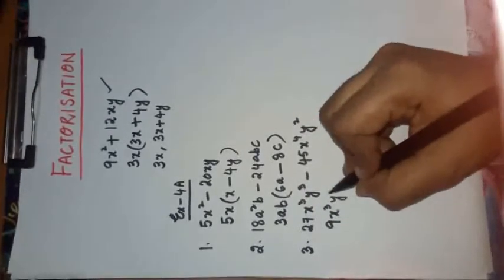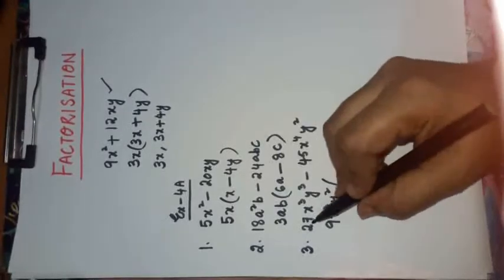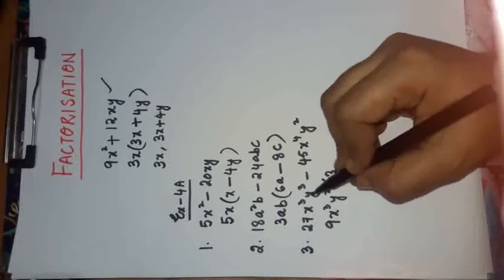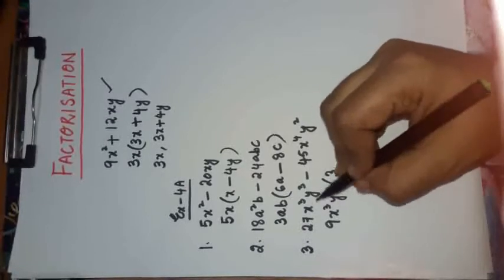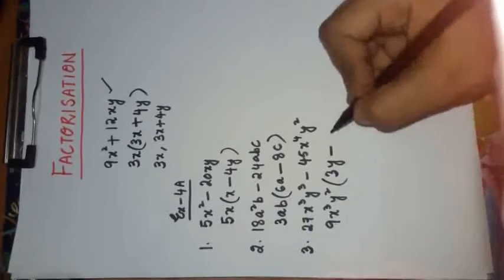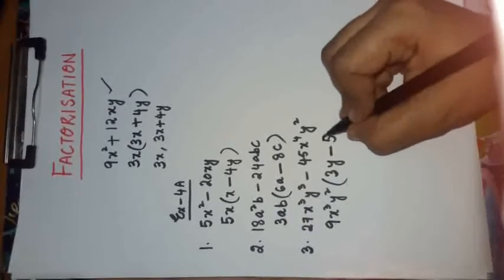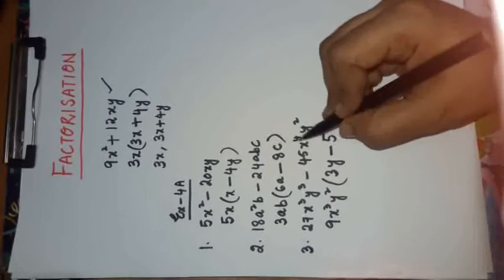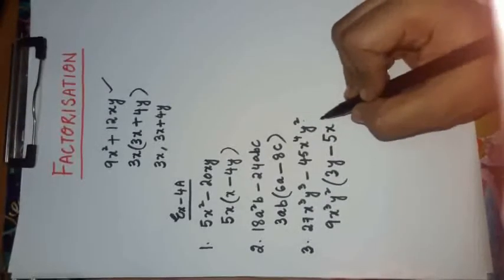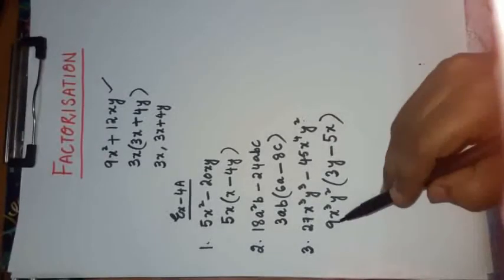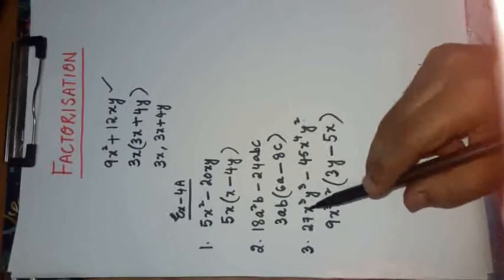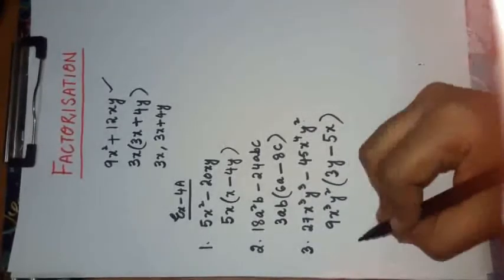So we have to take y square common. Then in the bracket, 9 into what will be 27? 9 3s are 27. Then x cube y square already we have taken from here. What is remaining? y. Then minus 9 into what will be 45? 9 5s are 45. So here x cube already we have taken, 1 x is remaining. Then y square already we have taken, nothing is remaining. So over here 9x cube y square and 3y minus 5x are the factors of this expression.